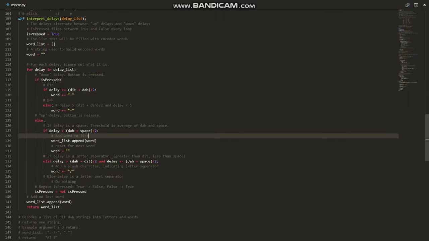The logic here is pretty simple, but the one thing that's a little tricky is this guy right here, in which you see this kind of thing appears all over down here. What this is, it's the notion of a threshold, or just we're using the average value of the two values as a threshold. So what that means is that we're going to,